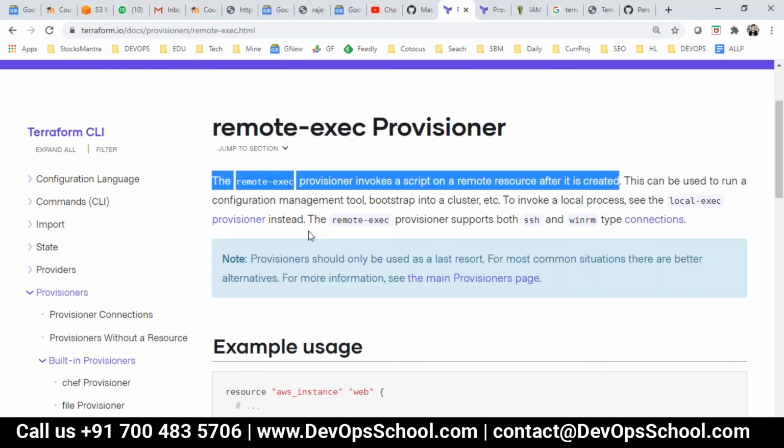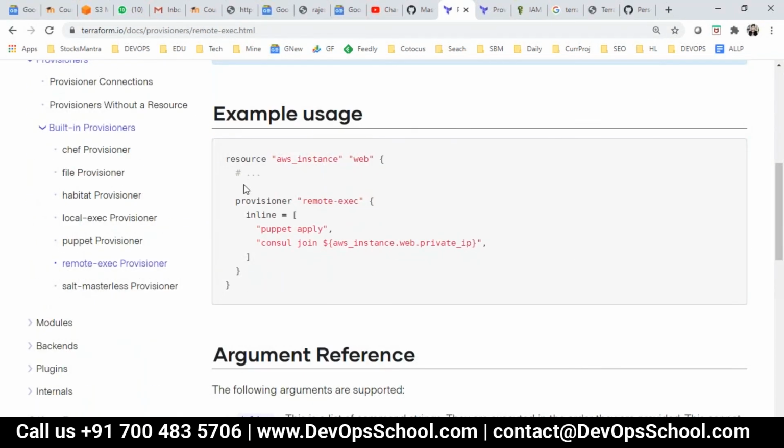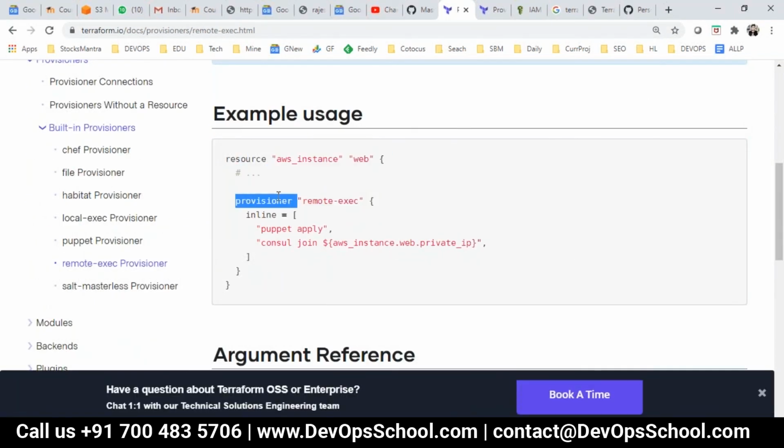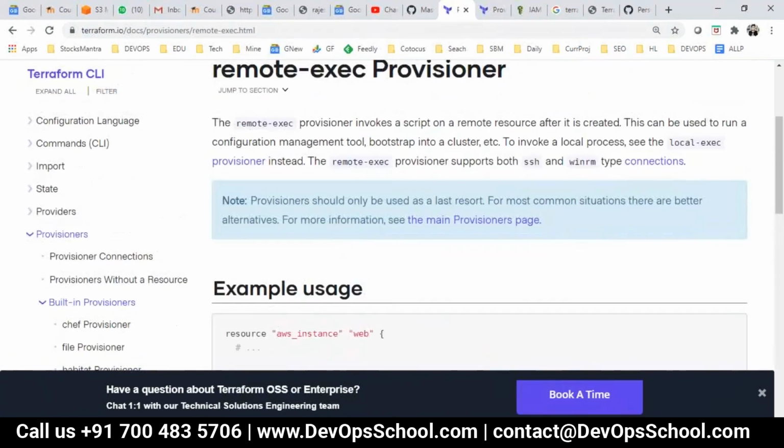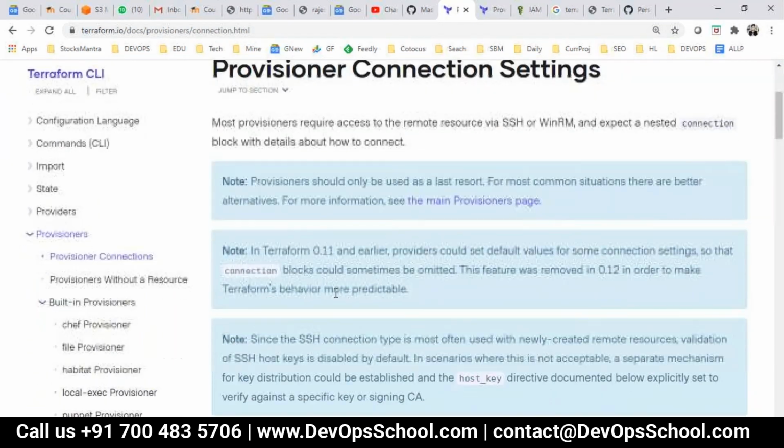So for remote, you need a connection again. See a remote exec, whatever script you want. See puppet apply, console join. So here you need a connection. It's not here, but you need a connection here.